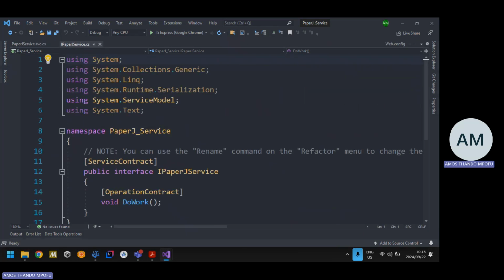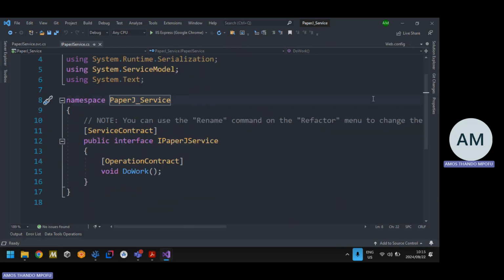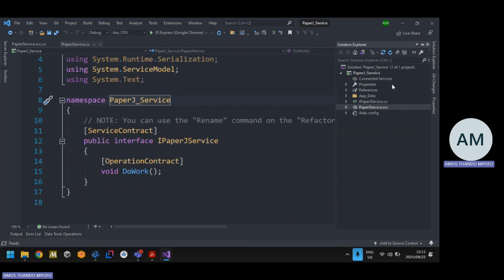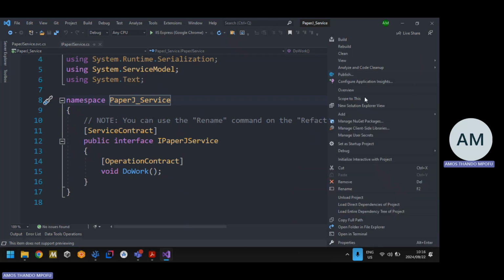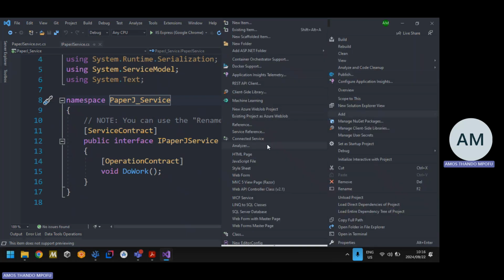Let's wait for it to load. Did it finish loading? Yeah, you see, it's now finished loading and it has no issues, but it was complaining for some weird reason. I just don't get it. So